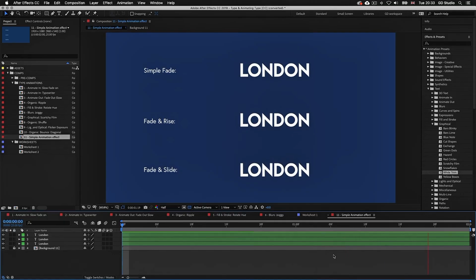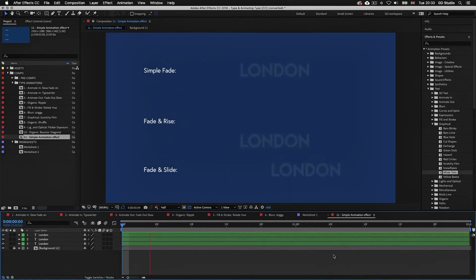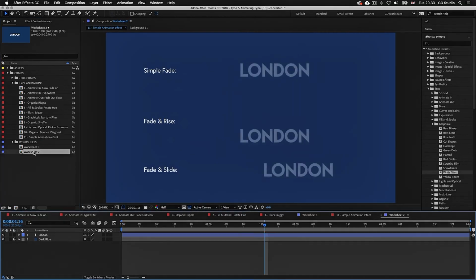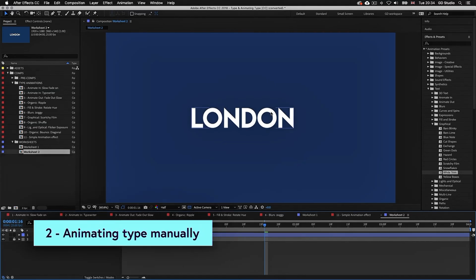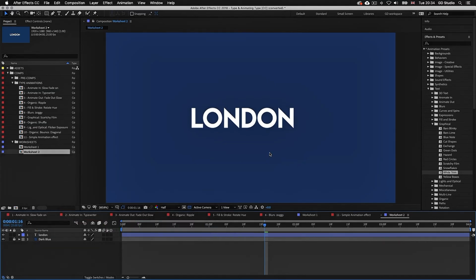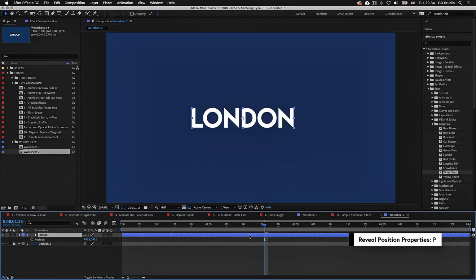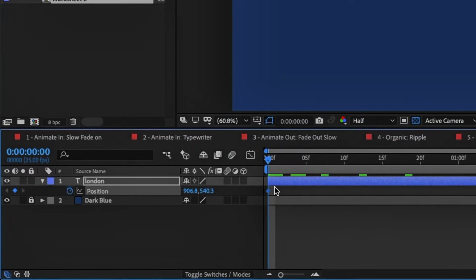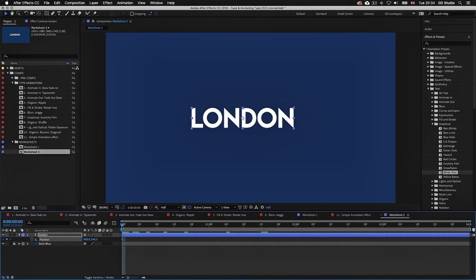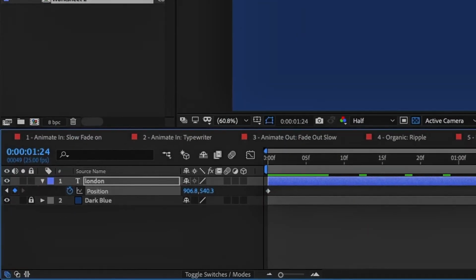So now the second one I had promised to teach you is animating type manually. So I'm going to click on my second folder here, animating type manually. So that's what I'm going to teach you. To do this, I'm going to select the layer in the timeline panel, then press P to reveal the properties, and then click on the stopwatch icon to start my first keyframe. As you can see, the time indicator, then move along the time indicator,